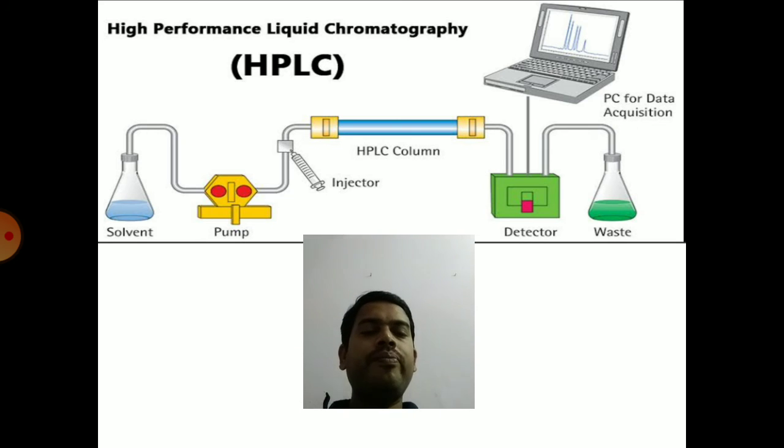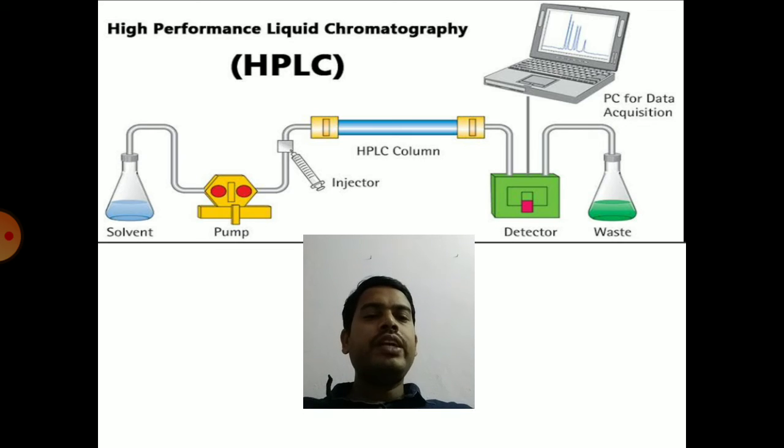Generally, the length of the column will be less in gel filtration as well as ion exchange or any other chromatography. In HPLC, the length of the column will be more. You can clearly see the sample injector there. Introduce your sample into the column with the help of the sample injector. With the help of a pump, you can pressurize the entry of the sample through the column, and a solvent system is also used to pressurize the entry of sample particles into the column.